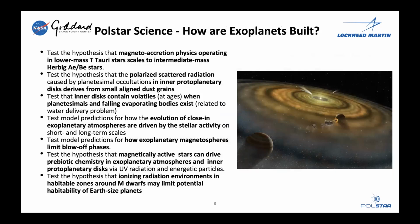The other area, of course, in which we have some leverage is looking at protostellar disks and at the mechanisms by which exoplanets are formed, to look at a variety of different theories and ideas concerning the transport of energy and mass in the inner disks and how that affects the formation of planetesimals and potentially evaporating bodies, and to look at ultimately how the atmospheres of those planets can be shaped by the environment within which